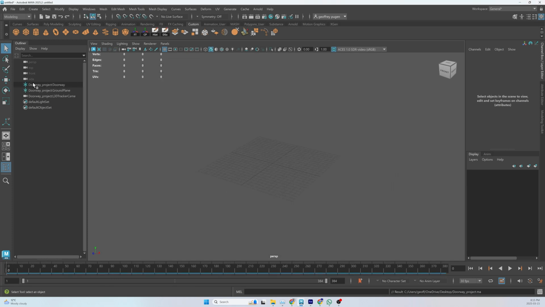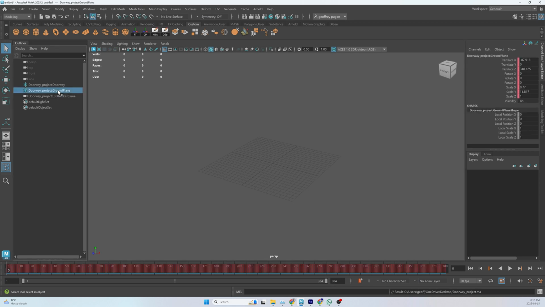But you see it's imported the geometry just as locators. The center of your gizmo is basically where this locator is, so the pivot is where the locator center is. So there's the doorway, and this is the ground plane, and this is the camera. But we don't know where this is, and we don't know what scale it is. But we know that the ground plane's pivot is set to the origin, which is 0, 0, 0. So what we can do is group all three of these together into one group